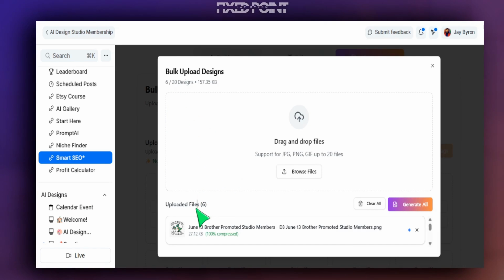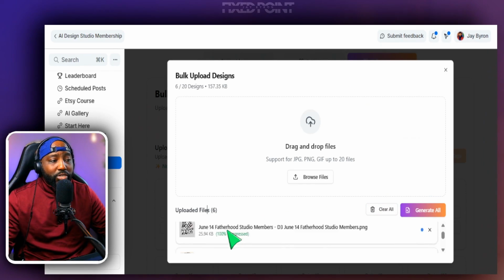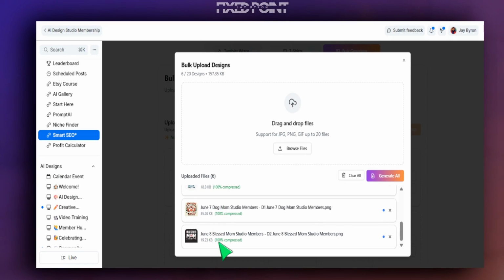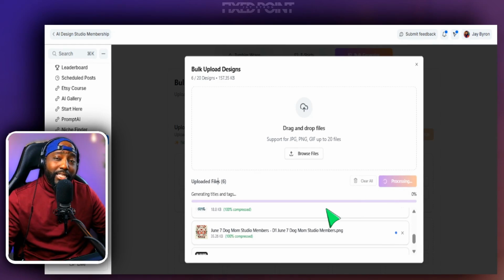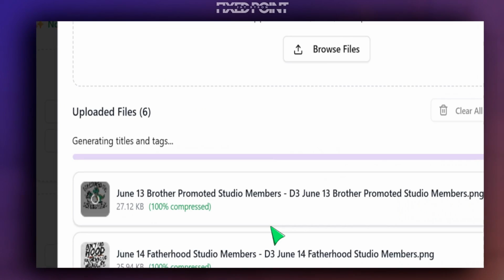So as you can see here, we currently have 6 designs uploaded, but again, you are able to upload much more than that. And as you can see here, all of our designs are right inside of this tool. We can see all of our designs. And the only thing I have to do to create my titles and tags for these designs is hit generate all, and then the smart AI tool will analyze every design here, and then it will give me a